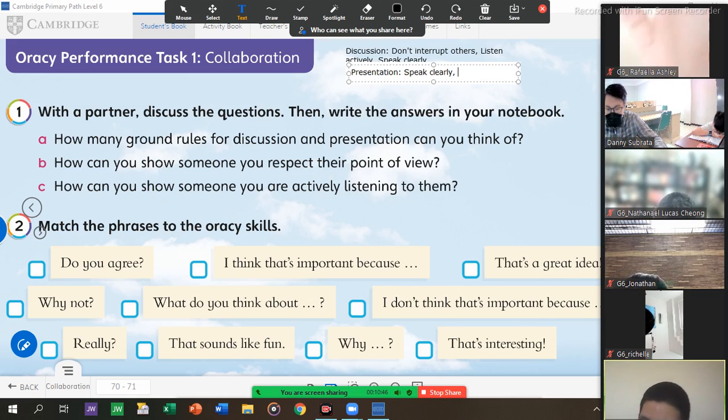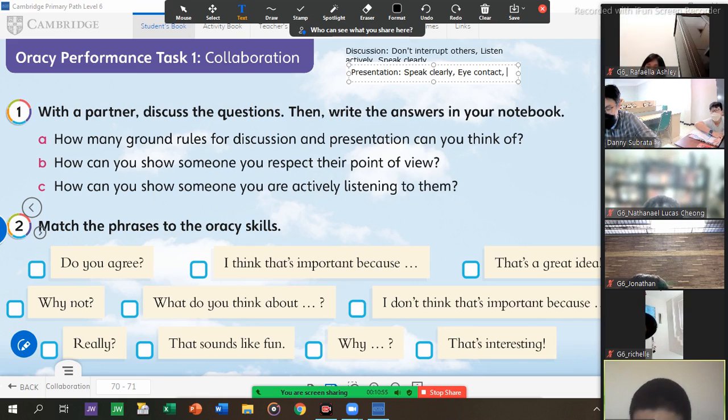Eye contact. Eye contact, good. What else? When you introduce yourself in front of the class, do you want to stand up straight or just sit down?